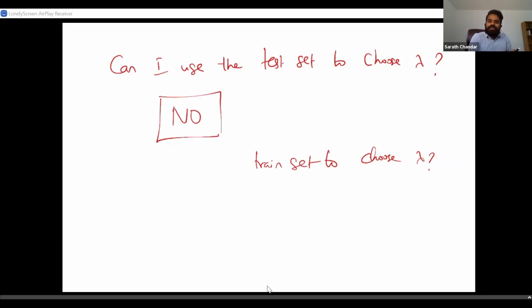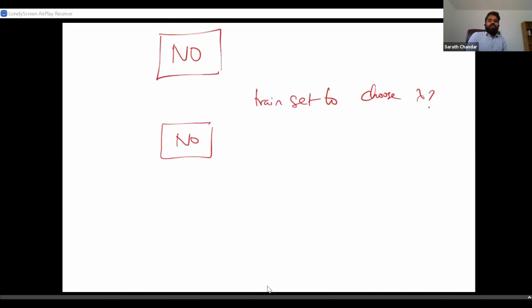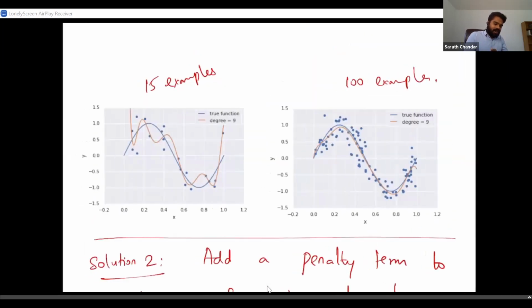Okay, so it looks like a 50-50. Some of you think that you can use the training set to choose lambda. Some of you think no. Well, the answer is again no, because if you're going to choose your lambda based on the training set, can someone tell me what would be the best lambda? Yeah, the answer is 0. You don't even need to look at the test. You don't even need to look at the data, because the regularization term that we add here,